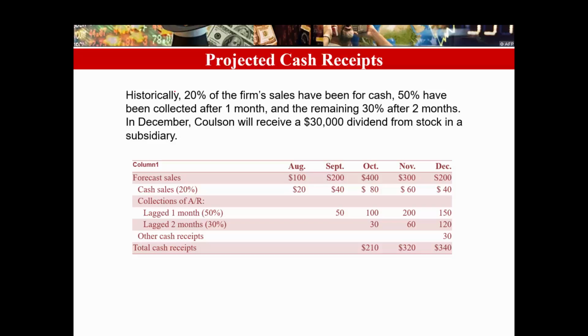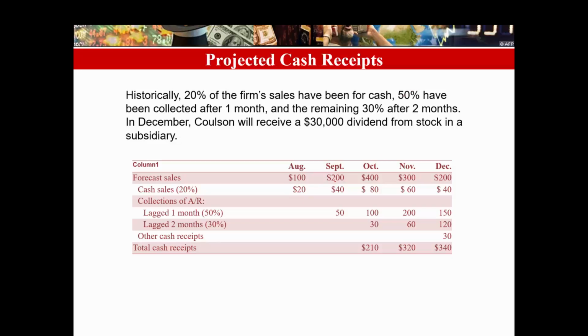Based on the information that we have, we could project the cash flows for October, November, and December. However, as we described in here, we have a 2-month lag for collections. Therefore, sales that were made in August and September are also pertinent to determine the amount of cash that is available in October. So, for instance, $100,000 of sales were executed in August, but only $20,000 of that was collected in August.